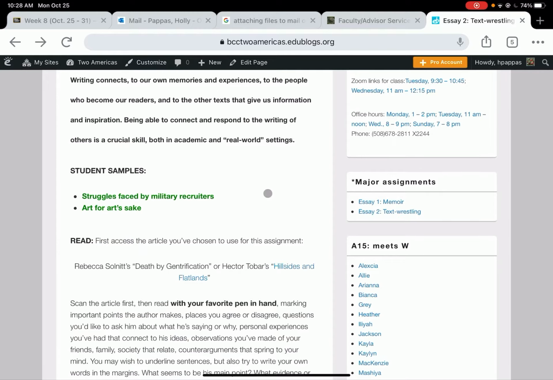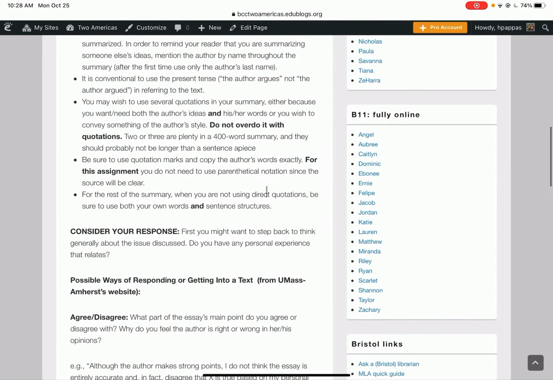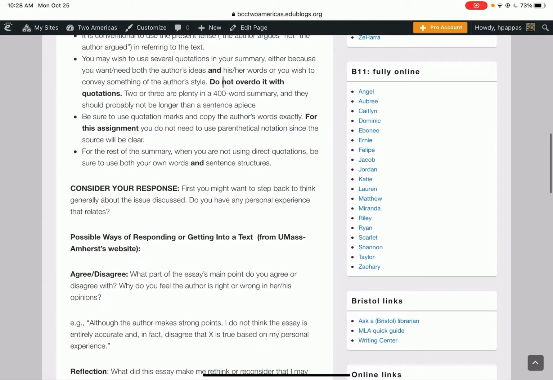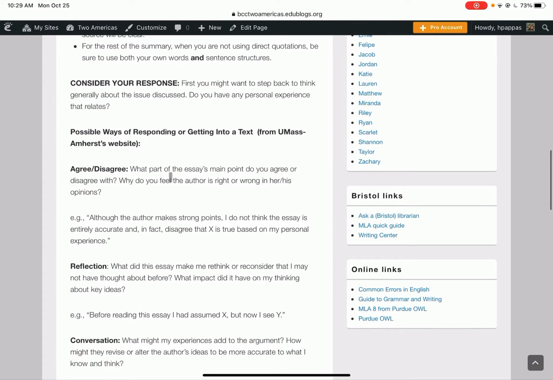put things together. And then again, in the assignment here, it goes over how to do a summary, which is stuff I'd covered before, and then a number of different possible responses. Your response and your summary should be roughly equivalent in length. His summary was a little longer than his response. That's fine, but you don't want 6 paragraphs of summary and then just a paragraph of response.